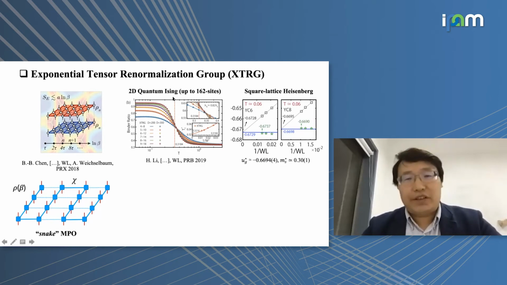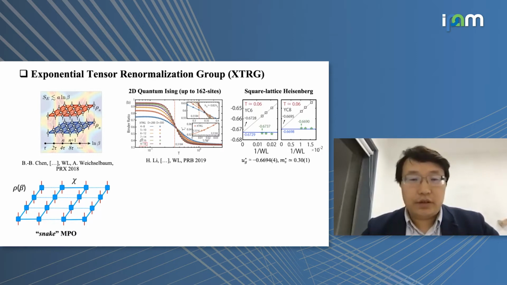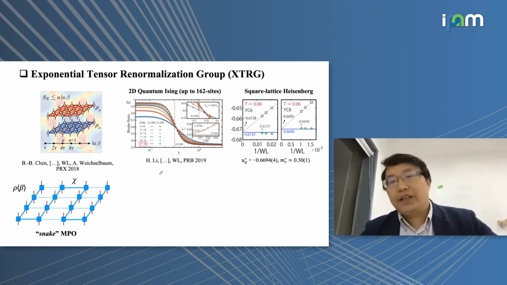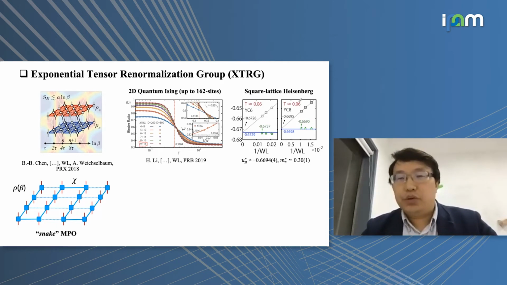For the 2D quantum Ising model, which is a very fundamental model in quantum magnetism, it has a thermal phase transition at finite temperature, right? So for this kind of system, we can compute a system size like width 9 and length 18, so it's more than 115 sites. For the square-lattice Heisenberg model, another important model, we can compute the YC8 cylinder. Here the length is extrapolated to infinite.